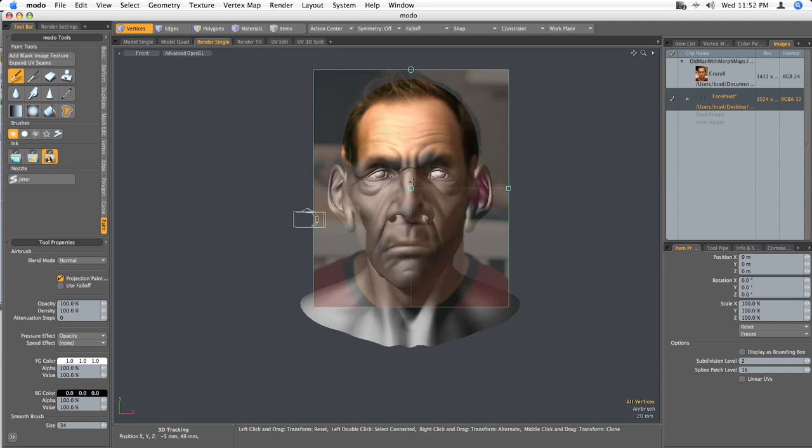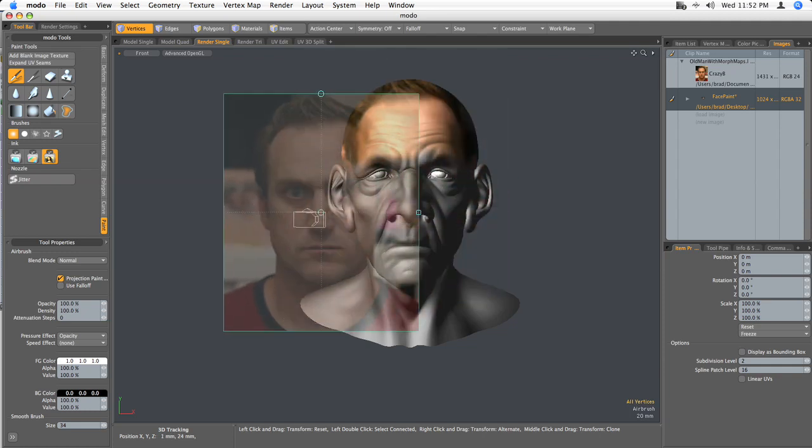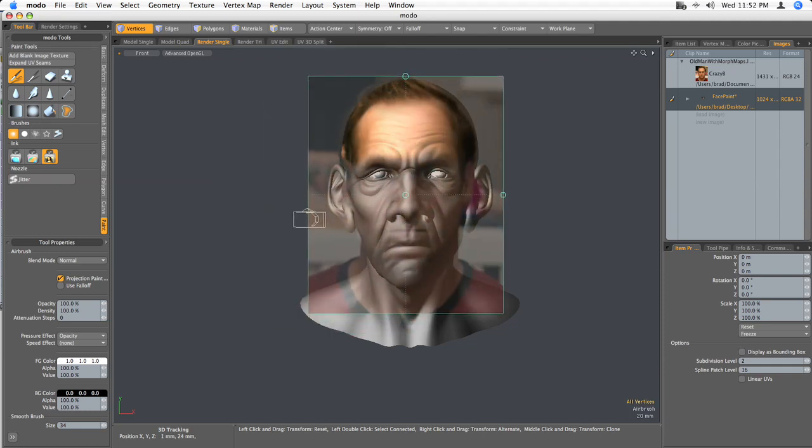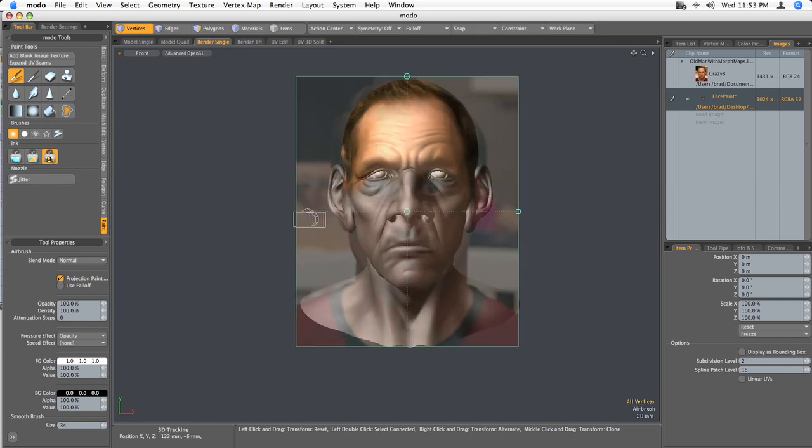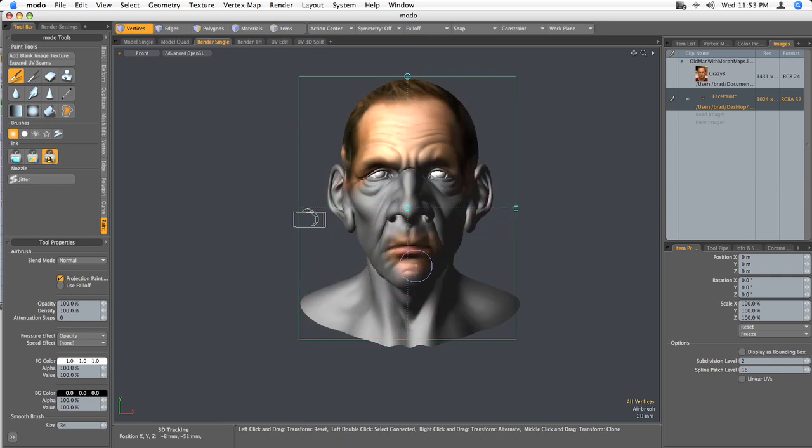That's kind of fun. And you can see that my eyebrows are a little bit too low there, so we're going to just move the image plane, paint that down, and now let's get the mouth in line here. I'm going to scale the image up a little bit. Just kind of paint that on there. Yeah, it's kind of fun. I'm using the mouse here. Typically I would use a tablet, but